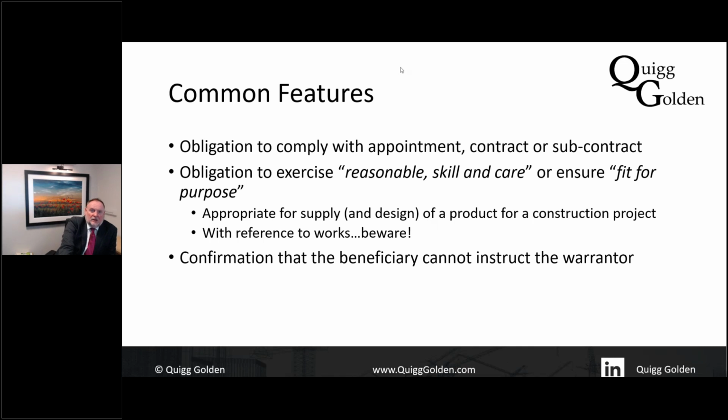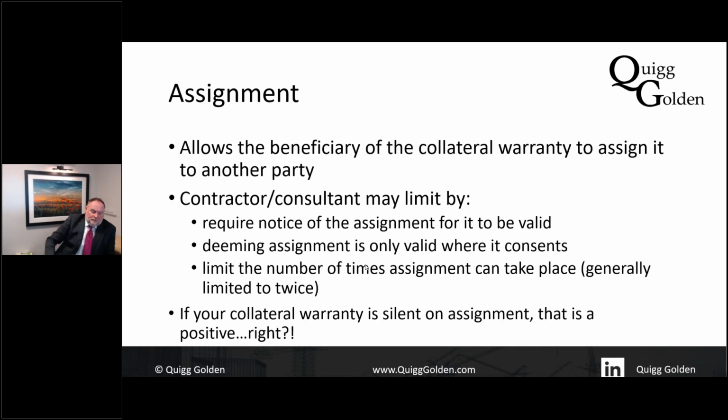Often there'll be a clause confirming that the beneficiary can't instruct the warrantor in relation to the works. A very common clause in a warranty will be a right of the beneficiary to assign it. So let's say you are the developer and you have a collateral warranty from the piling subcontractor. Well, you've developed this office block. If you then sell it to a company who's going to occupy it, you want to be able to assign